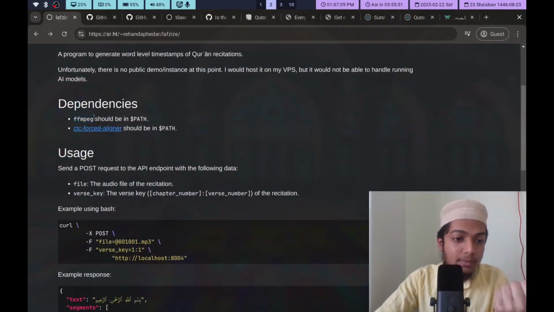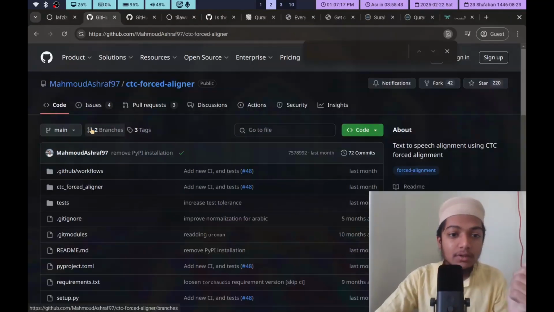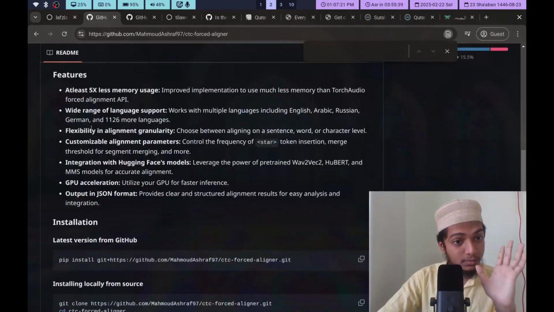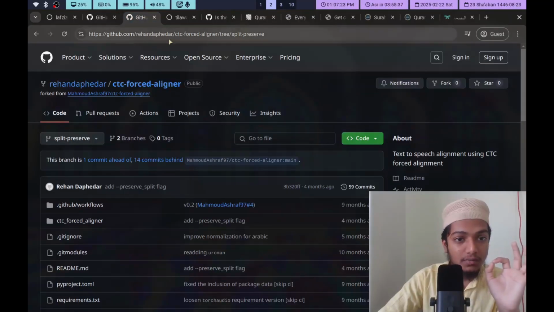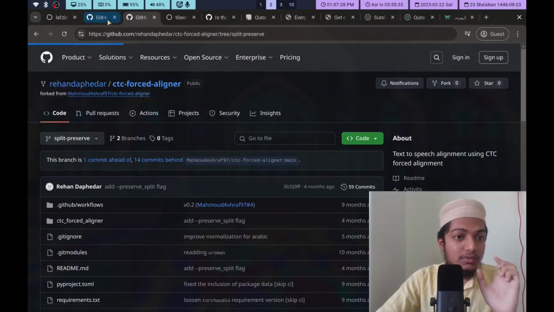Firstly, it needs ffmpeg in your path. This is, by the way, for runtime, not just for development. And it needs ctc forced aligner. This is an Arabic forced alignment model, but there's one more caveat here, that you need my version, specifically the split preserve branch. The reason for this is that